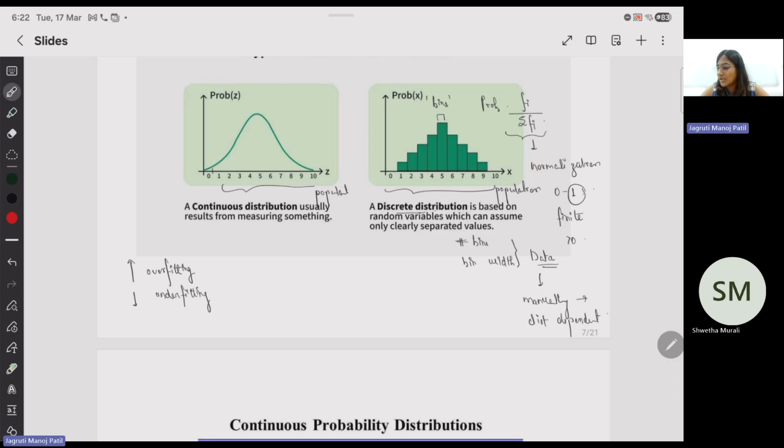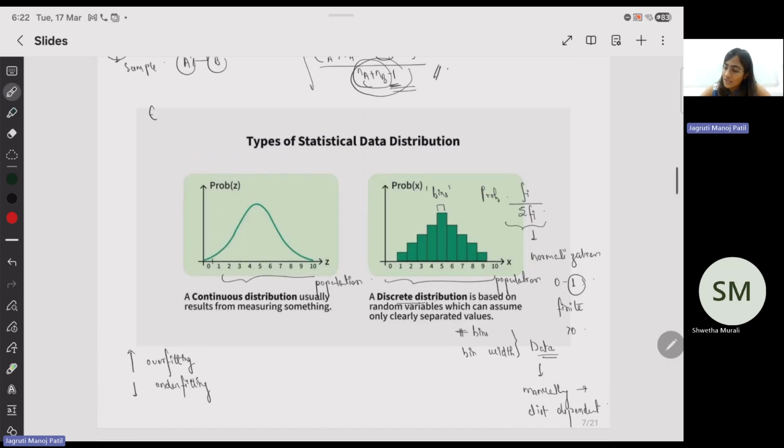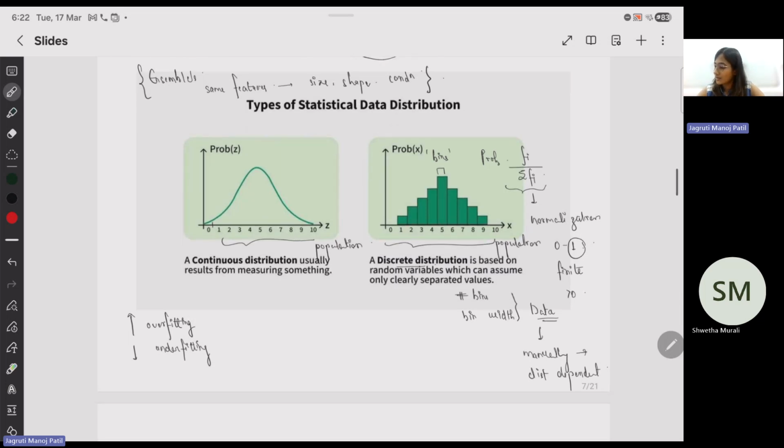And this population, not in statistics but in signal processing, you can also call ensembles. Now, these ensembles are something which have the same features. If you compare it with biology, it can be similar size, similar shape of cells, similar conditions that they were grown in, all those conditions you can look at. So these are some ensembles. Here we call them ensembles, but it is nothing but your population that you're looking at.